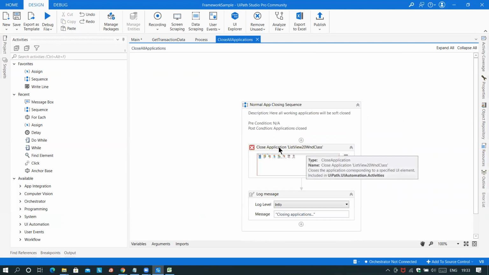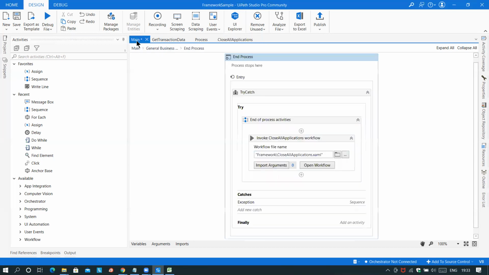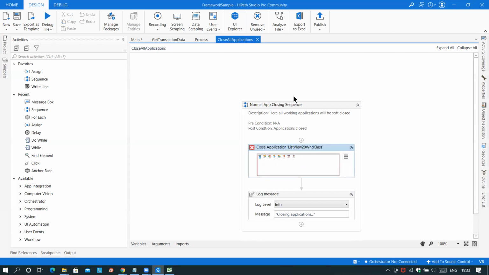Here I have used only one activity, that is close application. That is enough. Okay. Get transaction data. I have just opened that close all applications XML flow file, and here simply we have used